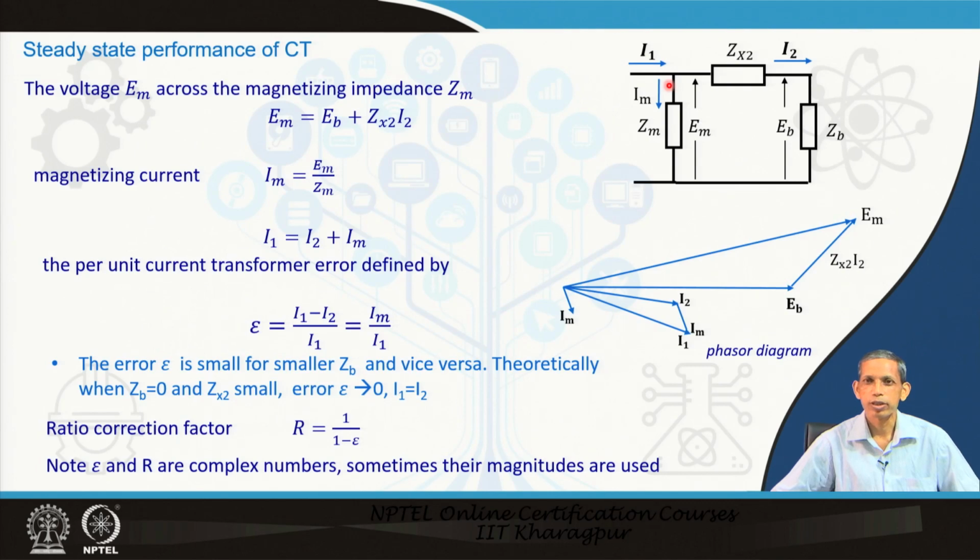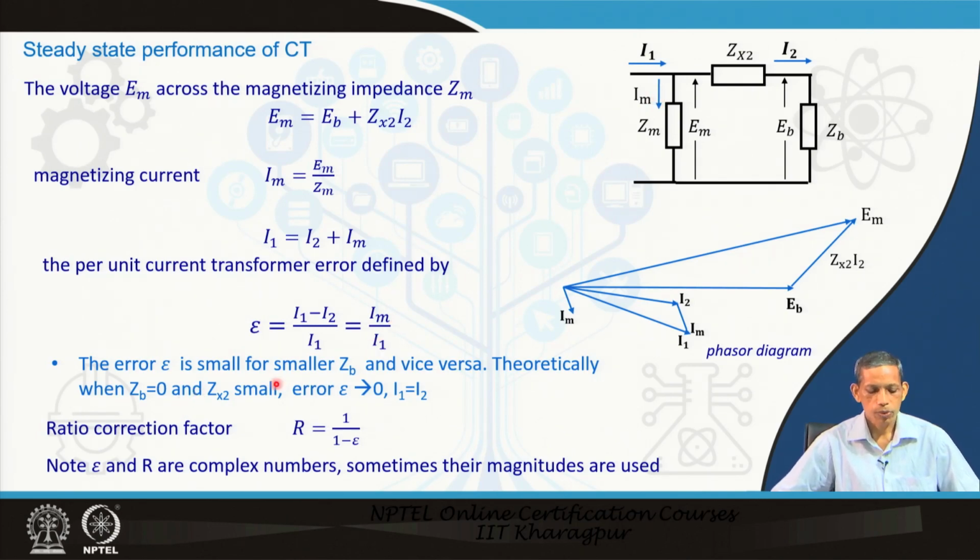That is what is desirable, that is what we considered earlier, but if there is an Im to magnetize the core, then depending on Im there will be inequalities in the CTs. It means that the relay will be getting the current I2, not I1. That leads to an error of I1 minus I2, which equals Im. If we divide by I1 to normalize it, or make it per unit current, that equals epsilon, which equals Im upon I1. So what is the error component here? The error is solely due to the magnetizing component of the current, that is why Im upon I1.